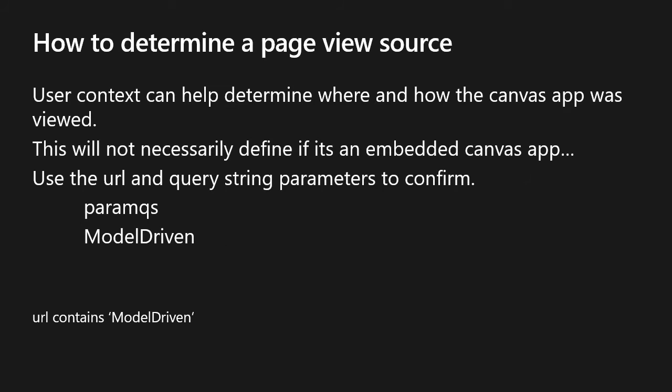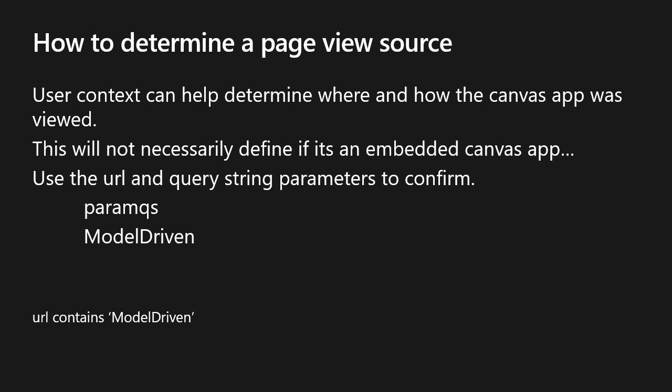When looking at the telemetry within App Insights for Power Apps Canvas apps, one thing we want to look for is how to determine if this is a Canvas app that's, say, embedded within Dynamics, or if this is a standalone Canvas app being used on a mobile device, workstation, etc. One thing you can look at is the page view record within Application Insights. The URL of the page view, if it's an embedded Canvas app, will include some additional query string parameters, which you can confirm. The query string parameters would look something like